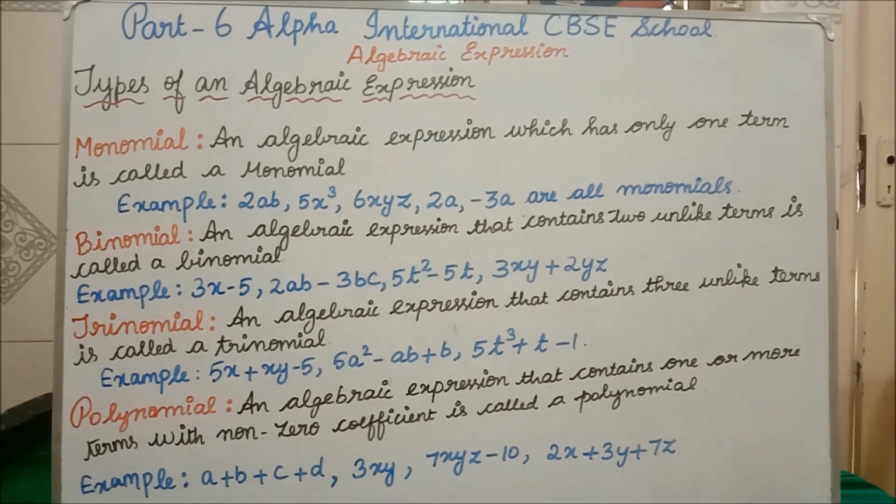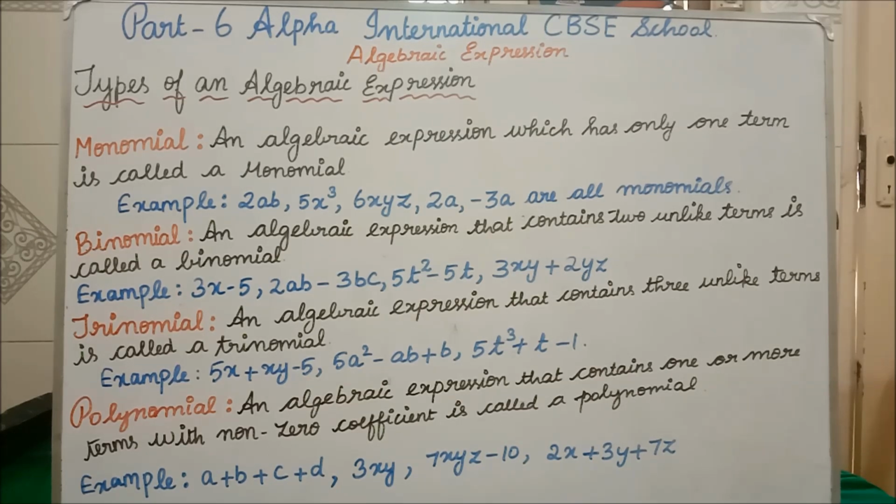If you see this, 3xy, how many terms are we having? Only one term. Ma'am, you told me that if one term, it means monomial. No, it is a type. Monomial, binomial, trinomial, these are the types. All of them together are called what? Polynomial. A polynomial contains one or more terms. It may be one term, two terms, three terms, or 4 terms. It can contain more terms, and it is called what? Polynomial. Clear?